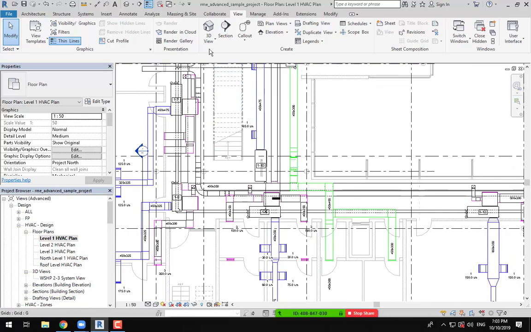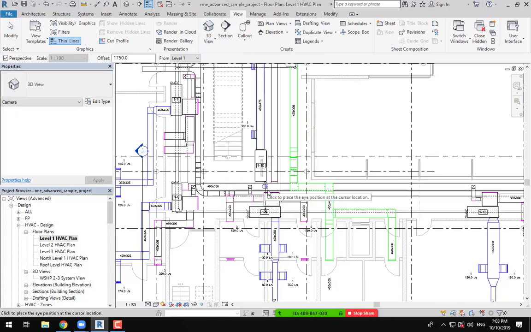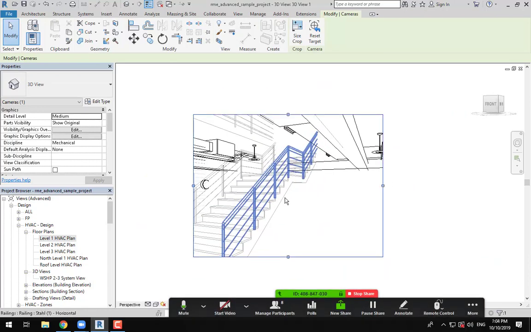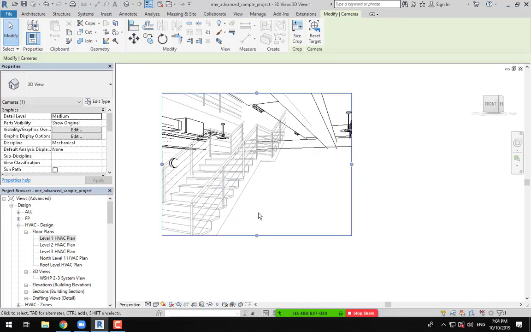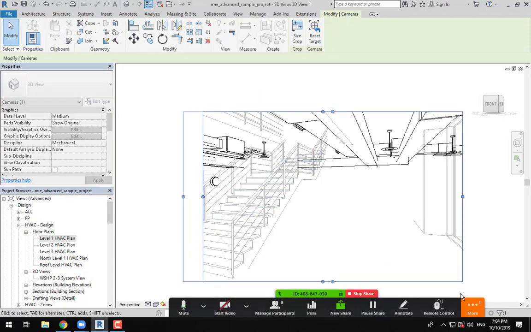I want to take a perspective view in this place. What is the meaning of perspective view? To explain this, I will click on 3D view and choose the camera option. I will select this option and click on this point with the mouse, and I will move with the mouse to the view that I want to show in our perspective view or camera view. I will click again here, the second point. Automatically, it will open this view. This view is from inside, it's a 3D view from inside our building. I can control from this point the size of our camera view. From here, I can control